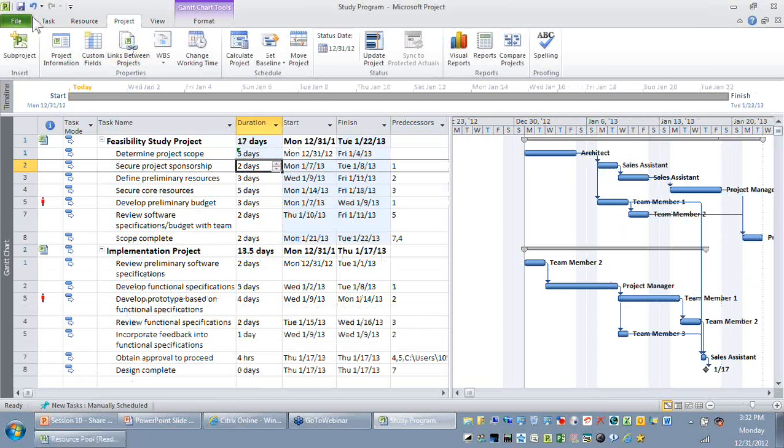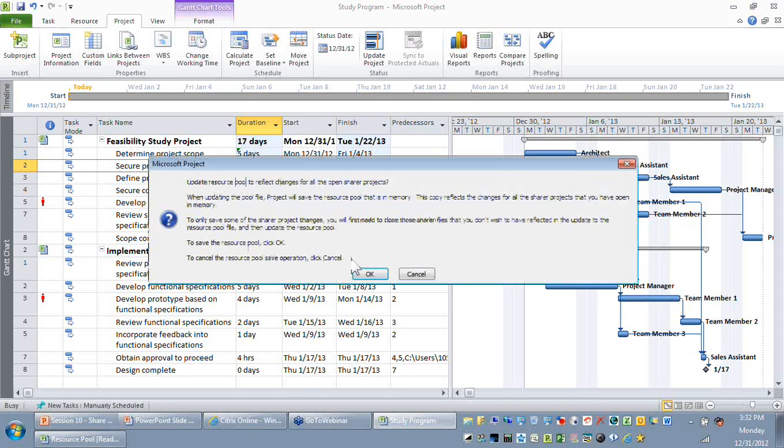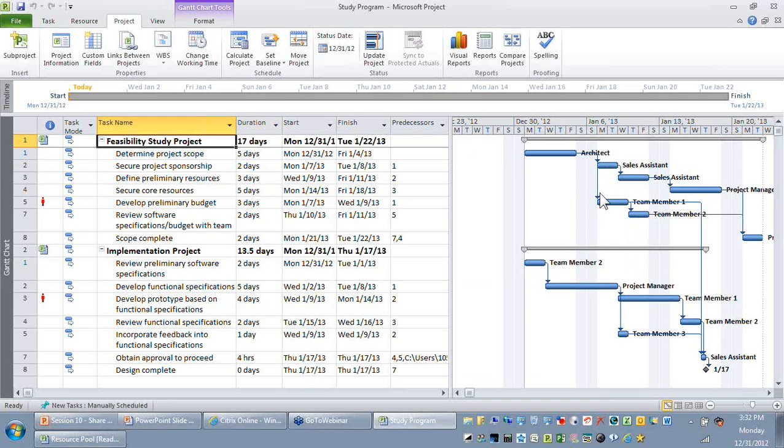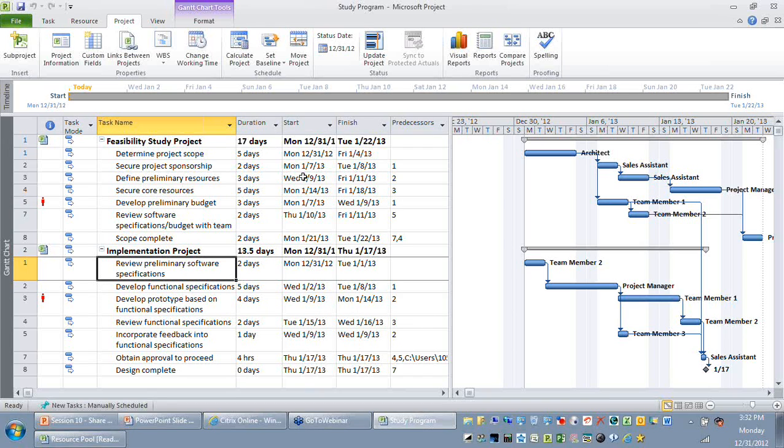And now let me save it. So the moment you save it, you can see that the feasibility project is getting updated. The reason is naturally you have linked this project to other projects. You can also see, since we have a resource pool, that there are certain activities that are getting overloaded. Okay, but as a program manager, you need to ask, do you have the authority to change the duration estimates or the schedule of the individual projects? If the answer is yes, naturally you can edit these values.